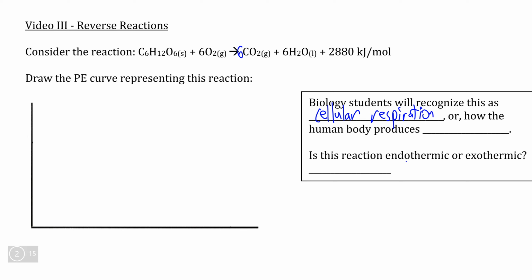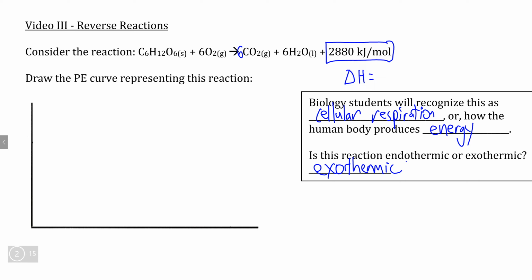chemical reaction in which glucose is broken down in the presence of oxygen in order to produce a fairly large amount of energy, which means that we are dealing with an exothermic reaction here. And even if we didn't know what this reaction was or what it was for, we can see that the delta H energy term is listed as a product here, meaning if we actually want to write out the proper number with the correct sign, because this is an exothermic reaction, our delta H value is going to be negative